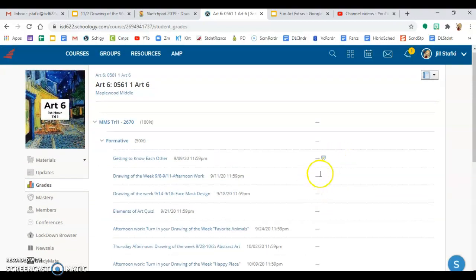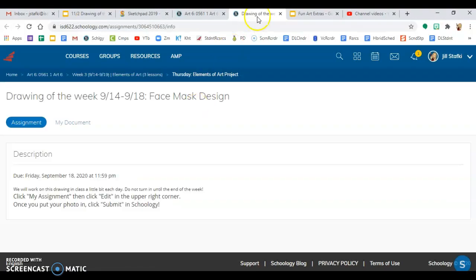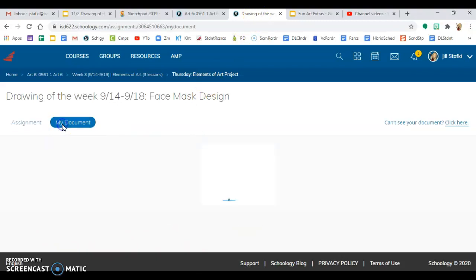This will show you all the graded assignments and activities that we've done so far. Now for me, I have little dashes over here. If you see a dash, that means that artwork has not been turned in yet, and you still need to turn it in. The really cool part is, let's say I have my face mask drawing all ready to go. I can click on that assignment and it'll bring me in a new tab right to the assignment. And then I could click my document